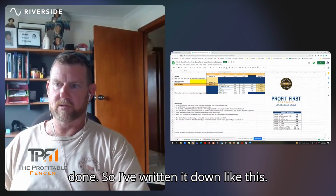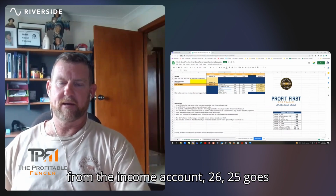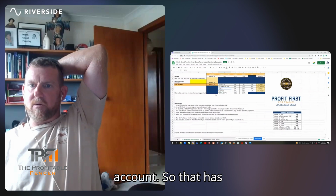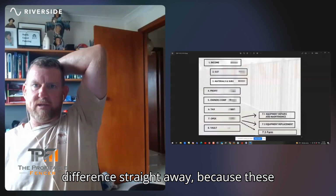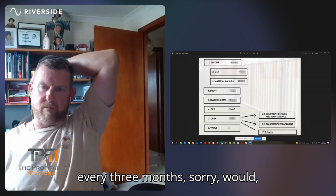So I've written it down like this. It goes from 1 to 2. The materials and the people, 1 to 3. So it goes from the income account, 26.25 goes farmed out straight into that materials account. Okay, so that has made such a big difference straight away, because these two things are the ones that were hammering me every week or every 3 months,